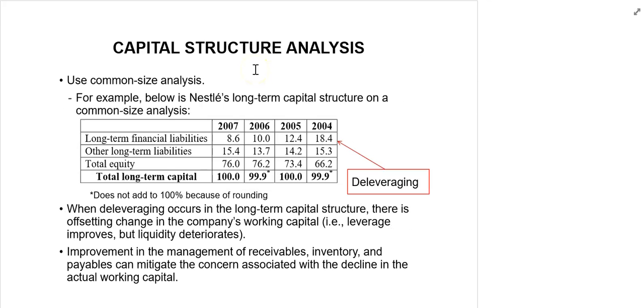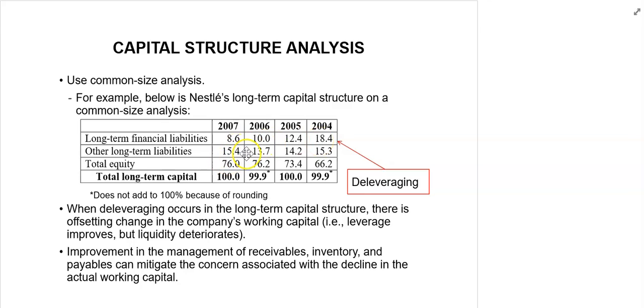To analyze capital structure, one approach is to use common size analysis. Here we have Nestlé's long-term capital structure analyzed using common size analysis from the year 2004 to the year 2007. We see that in 2004, the long-term financial liabilities were 18.4% of total long-term capital, and this has declined to 8.6%. This reflects a deleveraging effect where the leverage of the company has gone down over the 4 year